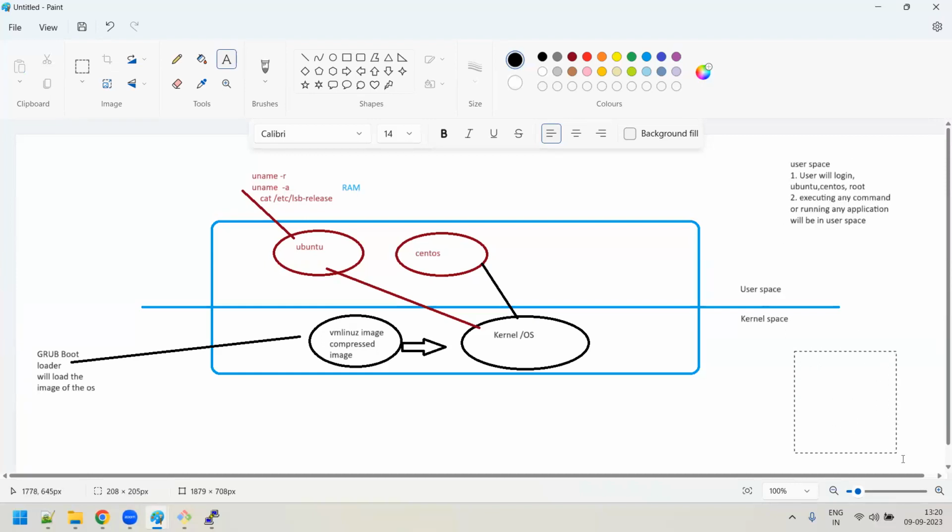In the kernel space, what is happening? In the kernel space, the kernel will be up and running. Kernel will always be in protected mode.